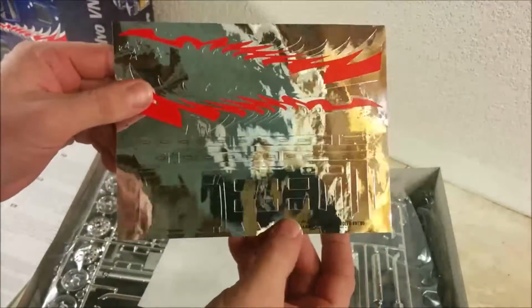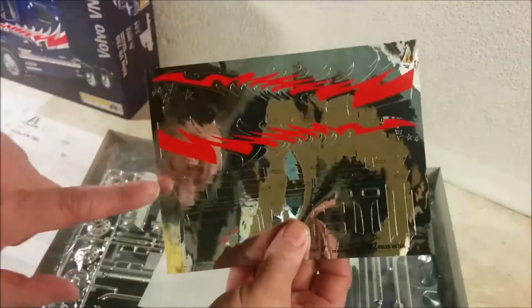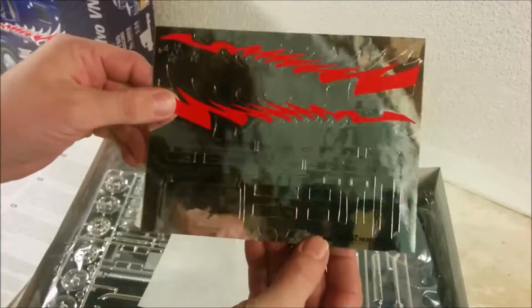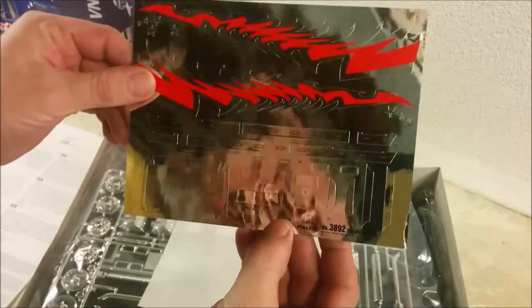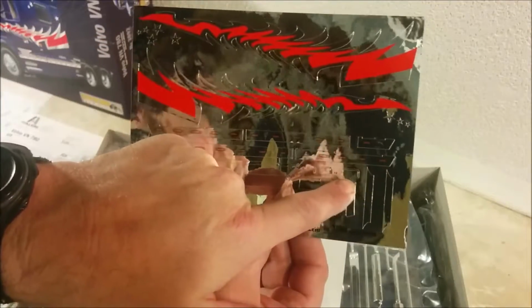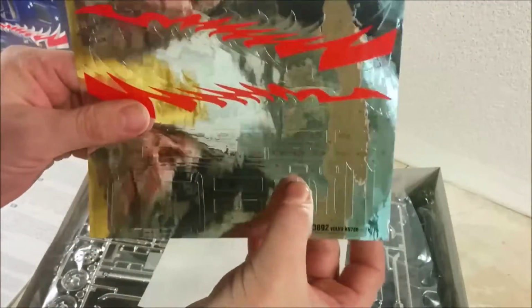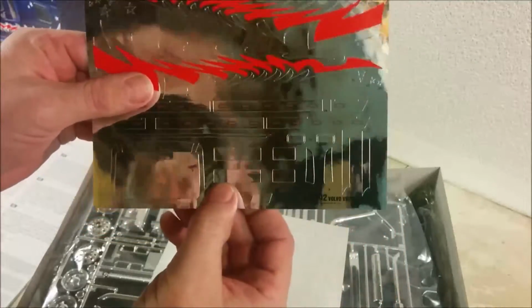So I'm probably blinding everybody here, but they are already die cut. You can see the dies here, so you can just peel it off and put it on. And if that's what you want to do, that's awesome. I don't care for it myself, although I'm wondering if some of these are usable for the rear view mirrors, because some of these actually are about the size of the mirror,